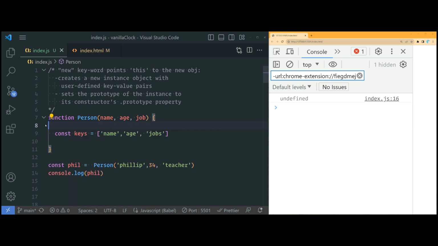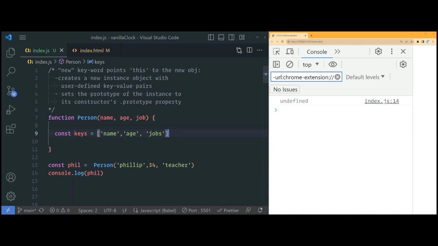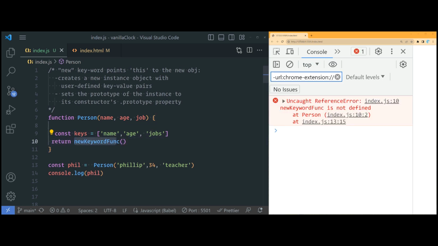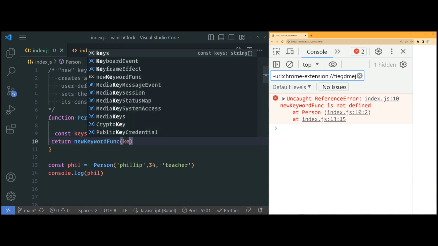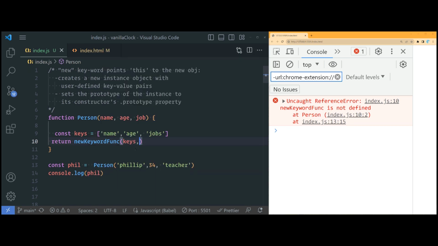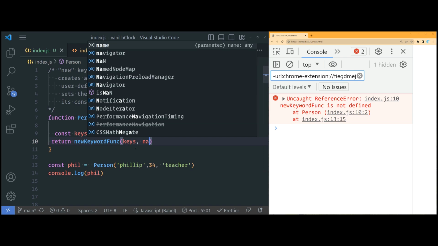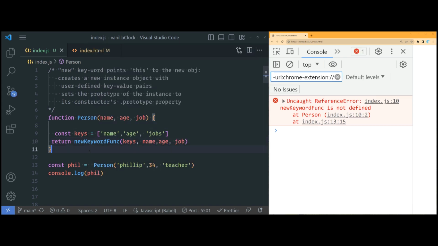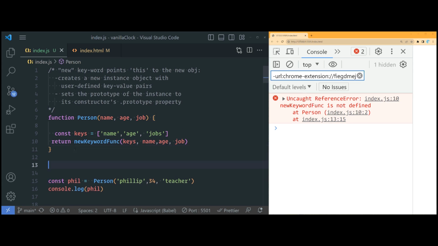Okay. So now it's going to return a new function that we're going to define. The new keyword function is going to pass in the keys, and then it's going to pass in the name, the age value, and the job value. Okay. All right. So now we're going to define our function